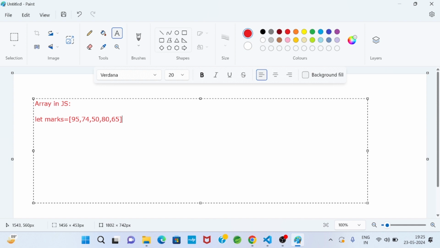Suppose I write let heroes, with some string values: Shahrukh, Akshay Kumar, Aamir Khan, Ajay Devgn.